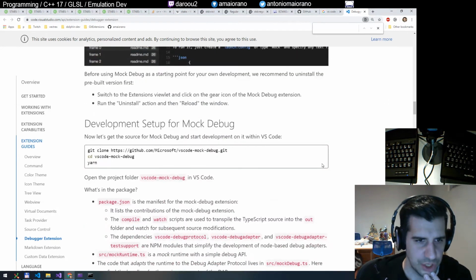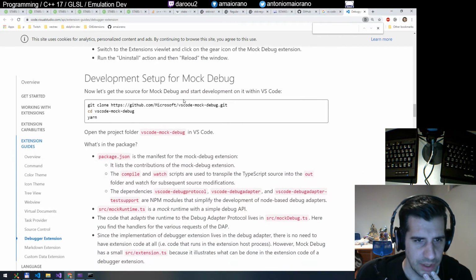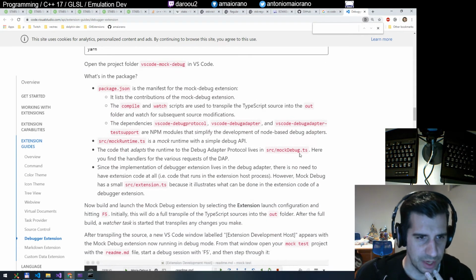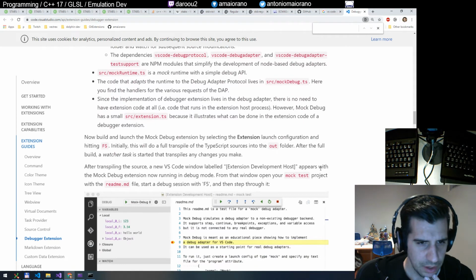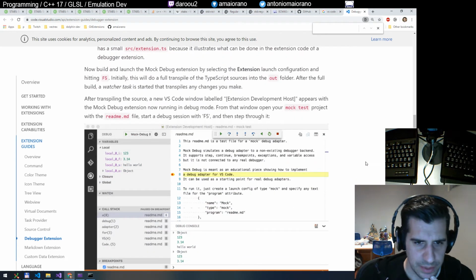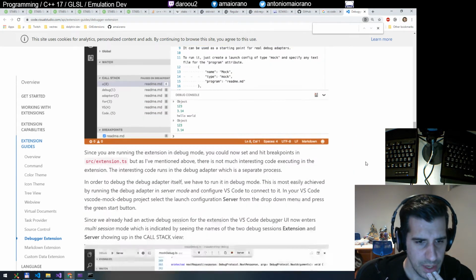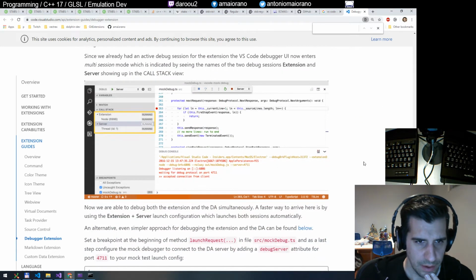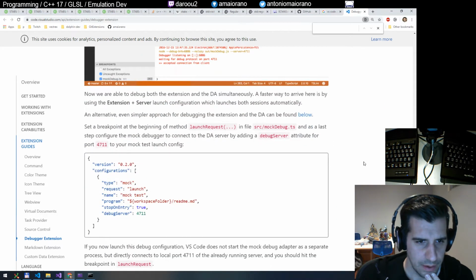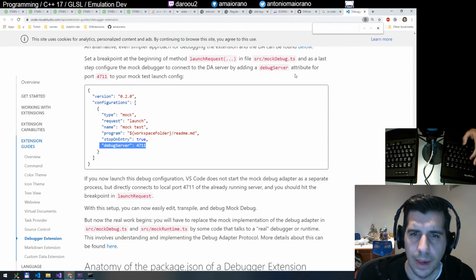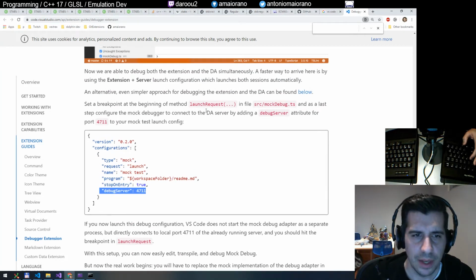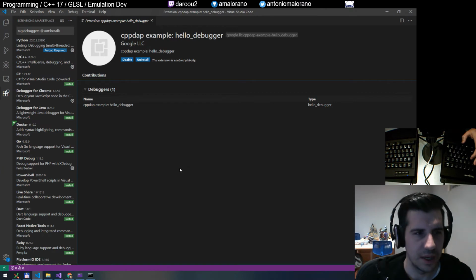Mock debug extension, also useful. They have their own VS Code mock debug extension here. This is a little bit more complicated though, so maybe that's not what I need. Let me see. Here it is. Oh, that's it. Set a breakpoint at the beginning of the method. So I think maybe that's what I need to do is, oh